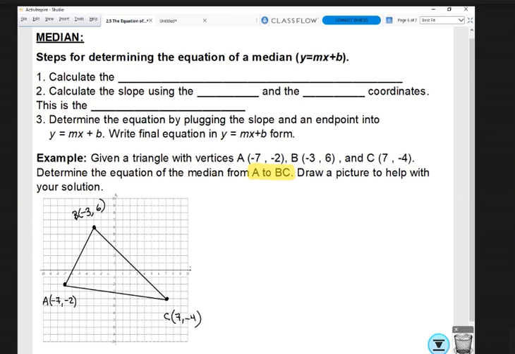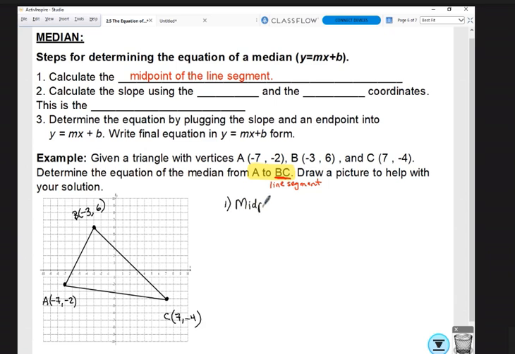But if you're a steps person, here we go. Step 1, calculate the midpoint of the line segment. Now that kind of sounds weird and a little misleading, but if you look at what we highlighted here from A to BC, A is a vertex. That's not a line segment, that's just one point. BC, this one here, yes, this is the line segment because there's a start and a finish. Okay, so step number 1,